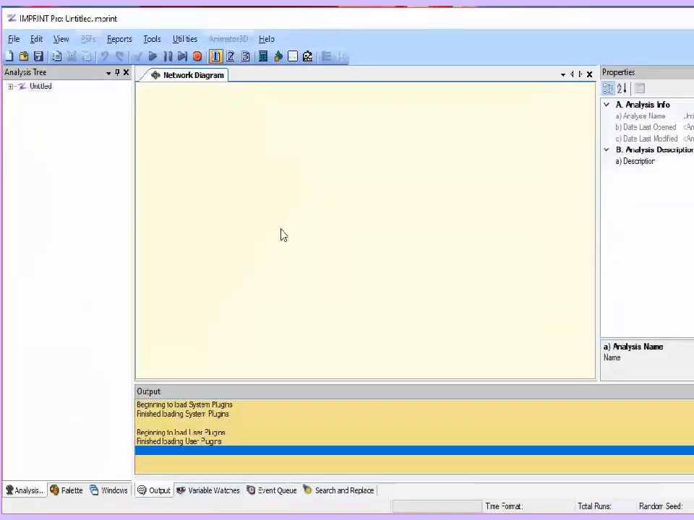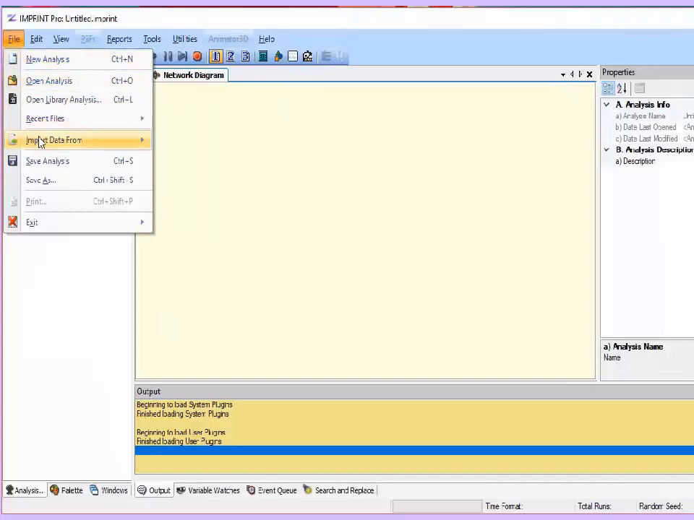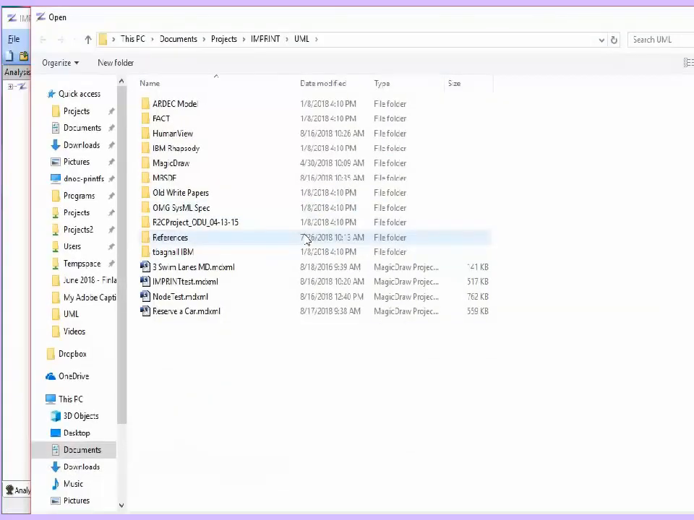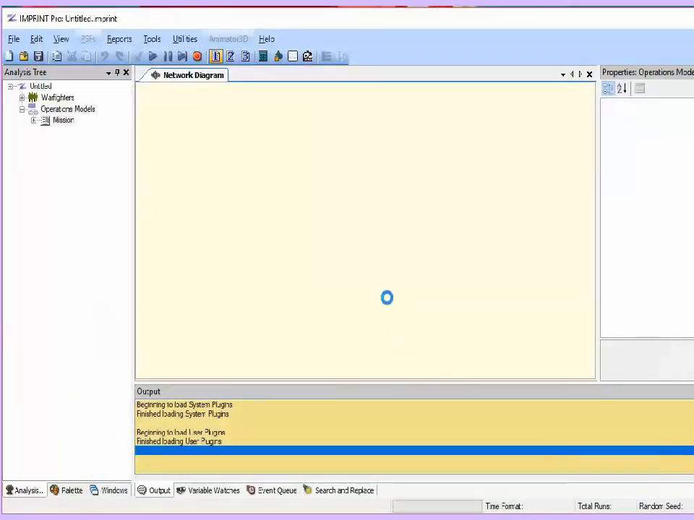So this is IMPRINT, and I import that file. If I just go to the File menu and say Import Data From, select MagicDraw Data, the open file dialog appears, and from here I can go to where I saved my MagicDraw file. Here's my Reserve a Car. I select it and say Open. IMPRINT then reads the file